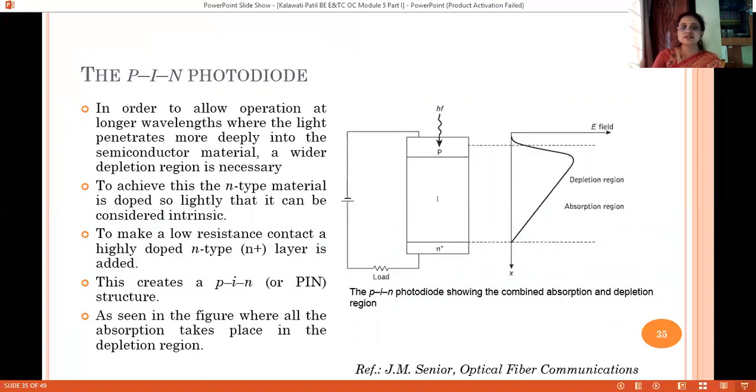To achieve this, one way could be to dope the N-type material lightly, so that we get an extended depletion region towards this side, and now I can treat this N region as an I region as shown over here.